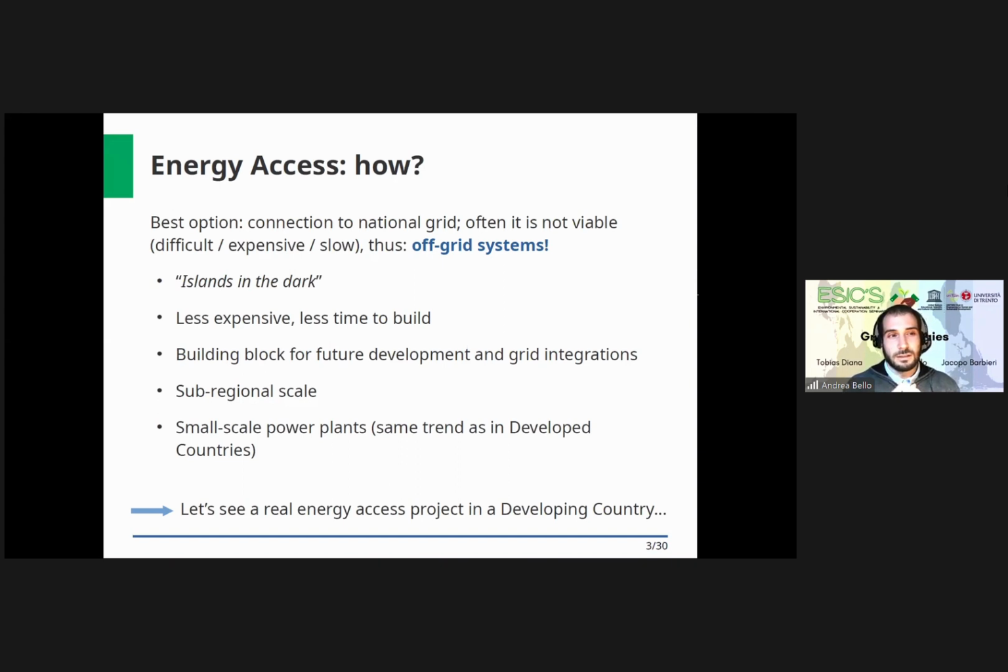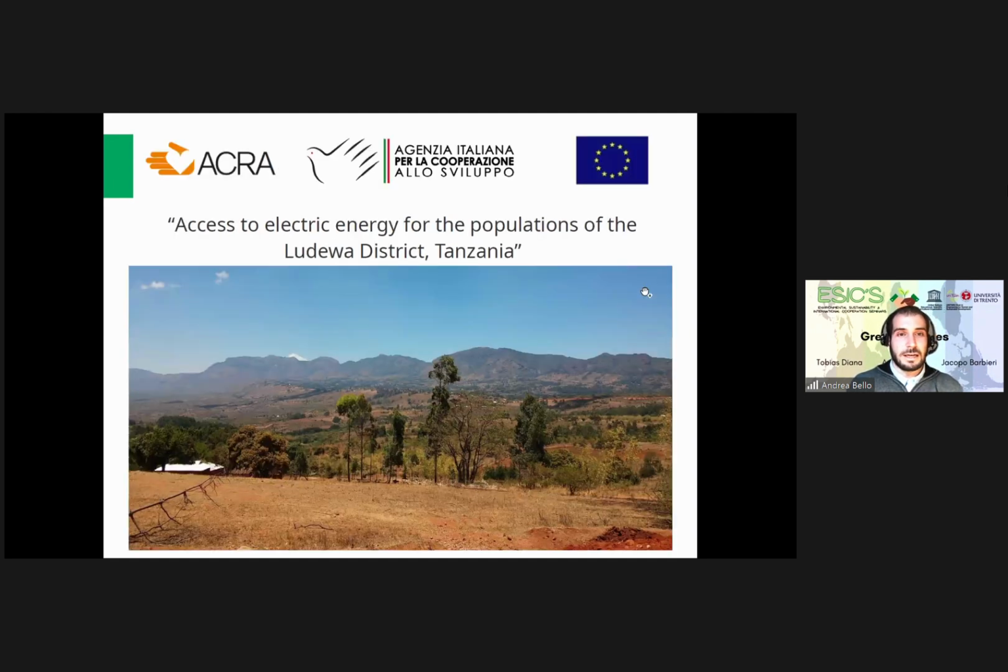This is a trend which is present also in developed countries, which is the distributed generation, but we will see maybe later. So I would like to jump directly to a real energy access project in a developing country, which is the access to electricity energy to the populations of the Bello district, Tanzania. This was the project I worked